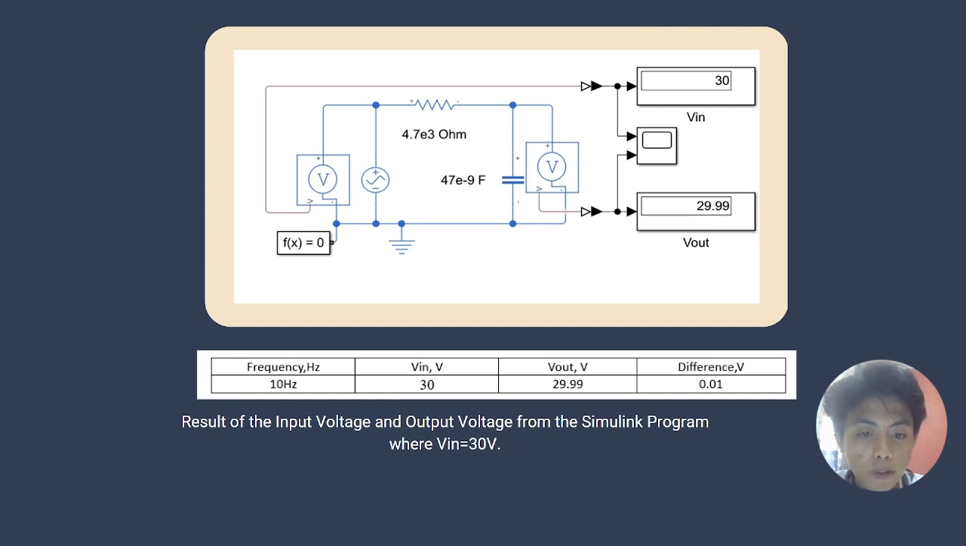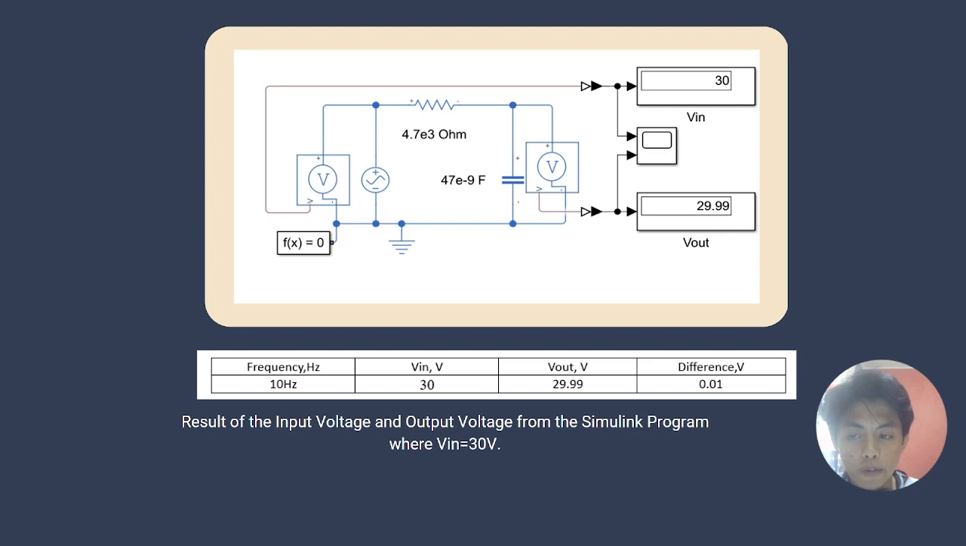And this is the same frequency, 10 Hz, with a different value, which is 30 V for V in, and we can get the V out is 29.99, which is a difference of 0.01 volt. That is the result of the input voltage and the output voltage from the Simulink program where V in is 30. By testing different values of V in, where V in is 30, we can still obtain and compare